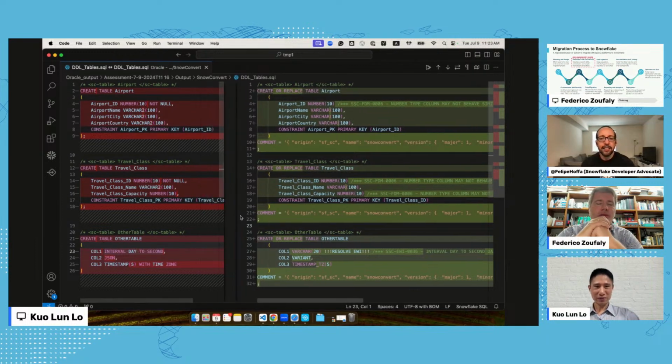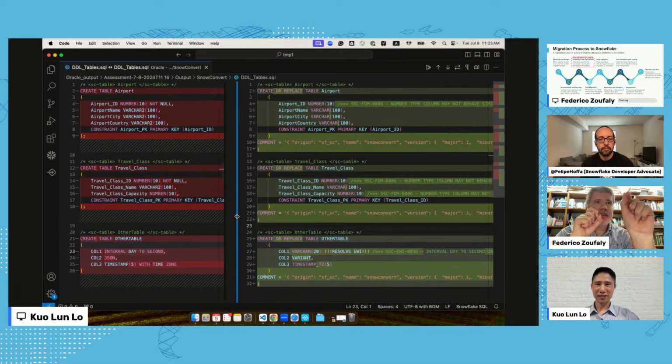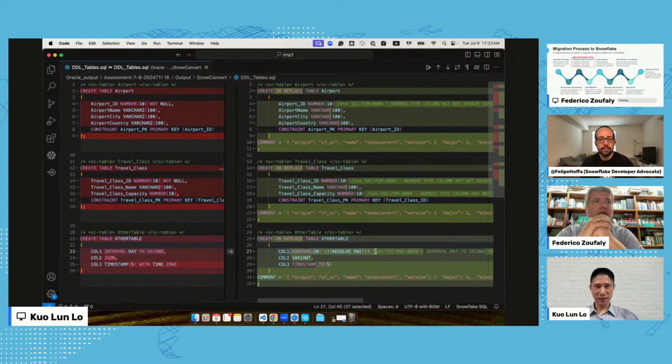And something that is important, which was what Kuo was saying, is that, for example, we convert this interval to a varchar, and then for all of the usages of that column, now we know that it's a varchar, and so we actually have some user-defined functions to treat the varchar as if it were an interval, right? So that the translation now behaves in the same way at the end.